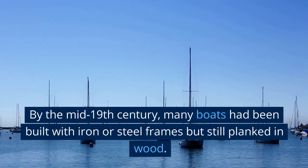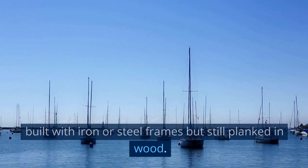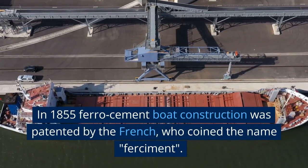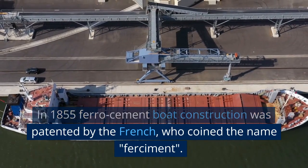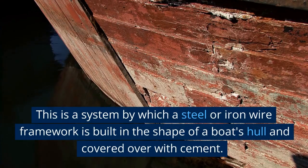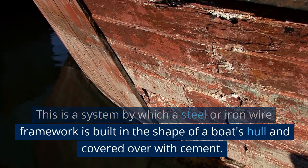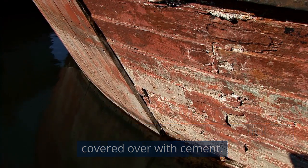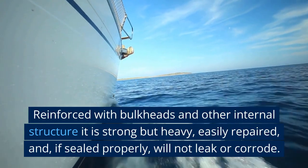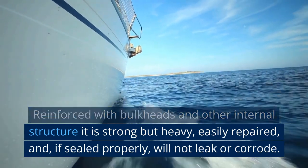By the mid-19th century, many boats had been built with iron or steel frames but still planked in wood. In 1855 ferro-cement boat construction was patented by the French, who coined the name fer-cement. This is a system by which a steel or iron wire framework is built in the shape of a boat's hull and covered over with cement. Reinforced with bulkheads and other internal structure, it is strong but heavy, easily repaired, and, if sealed properly, will not